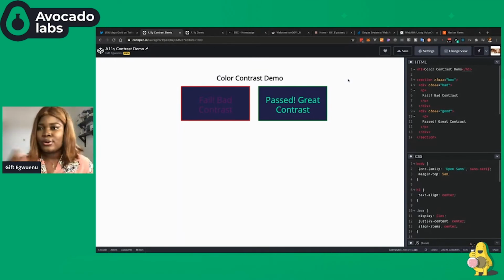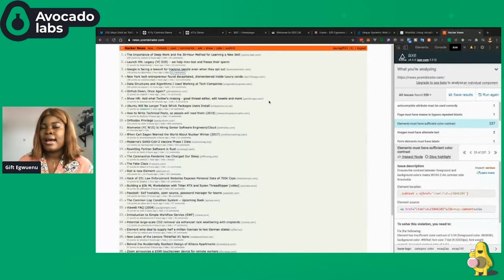Out of the blue, I was just going to look for websites that I could use for my demo to show you live websites that are not meeting some of this. And I found one very popular one, the orange website, which is Hacker News. Everybody knows Hacker News. I used the Axe web extension to check if they are meeting all the standards or if they're actually trying to. And I found out that they have over 237 errors saying that they have insufficient color contrast. And I'll just show you